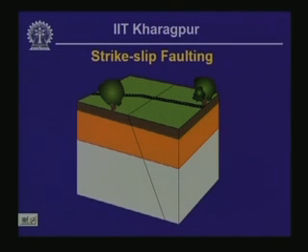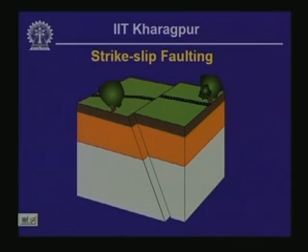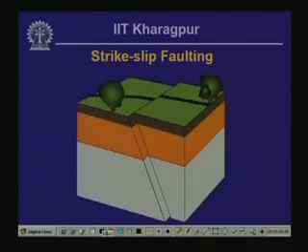So, what is going to happen if we try to move these two blocks relative to each other as we described? The animation shows the result of such a movement, such a deformation process. In this case again, the dip of the fault is given by this angle. So, that is the dip. The throw of this particular fault is going to be this much. So, that is the throw,